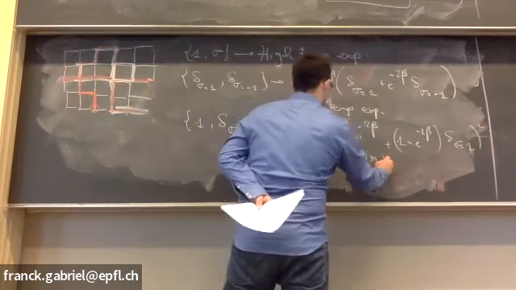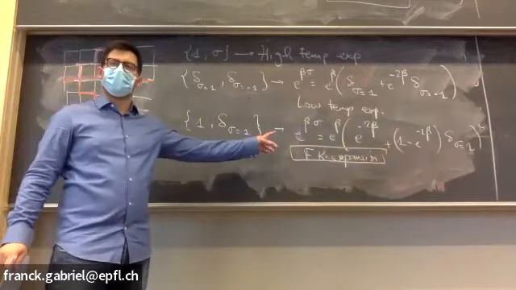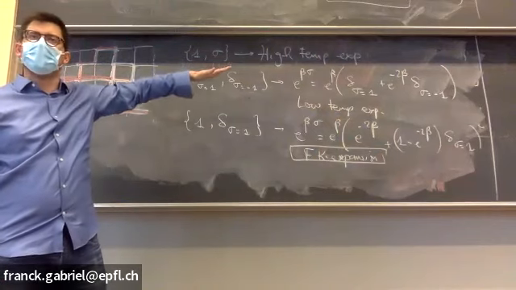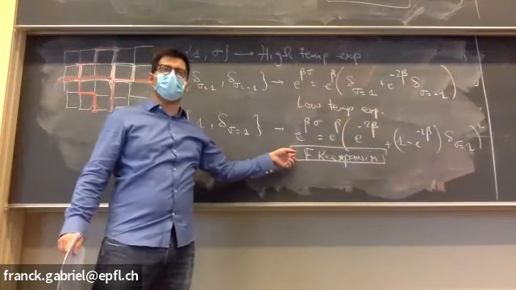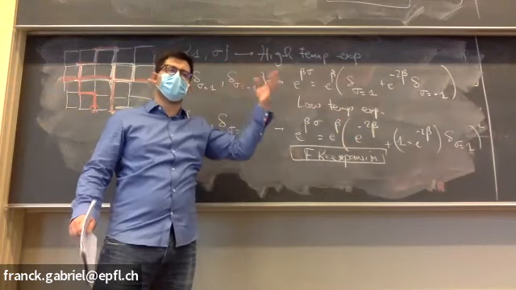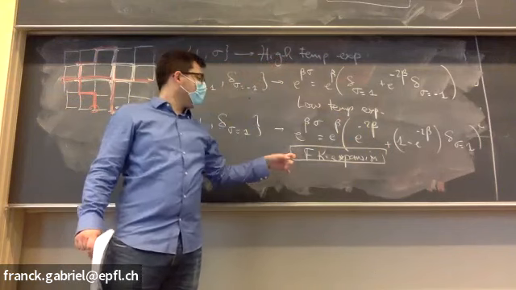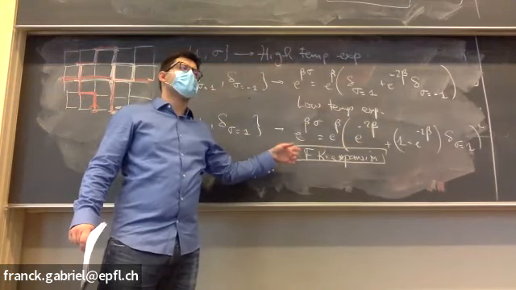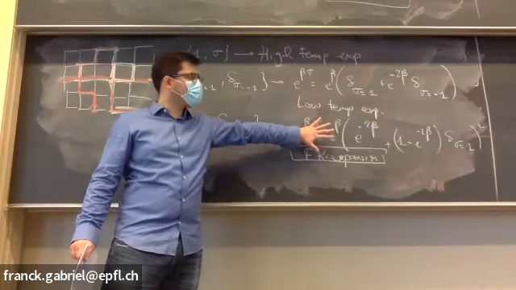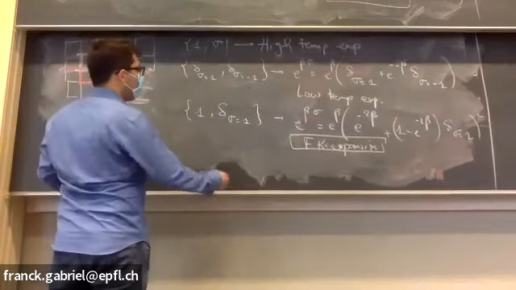What is nice is that in the FK expansion, you are going to be able to write the correlation of spins, not in terms of a ratio of two things, but really as a probability of an event happening. In some sense, the high temperature expansion is more a ratio of two probabilities. This one will really be the probability of an event. So maybe for this one I will just give you the result. I won't do all the expression. And then